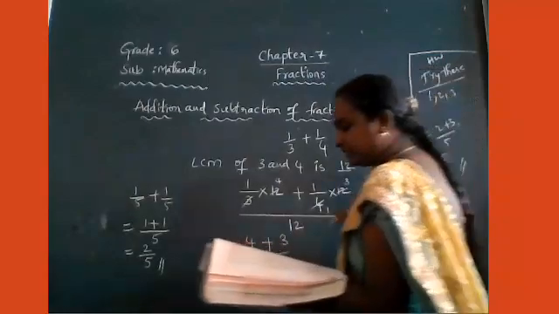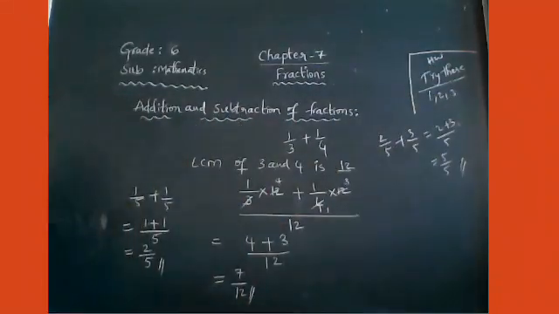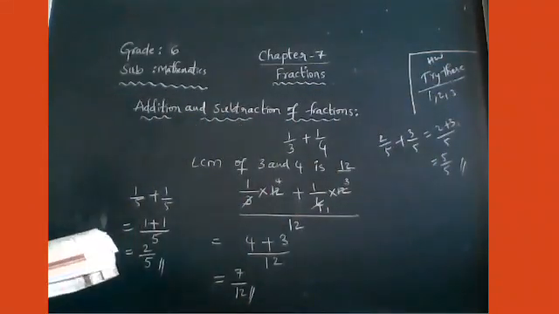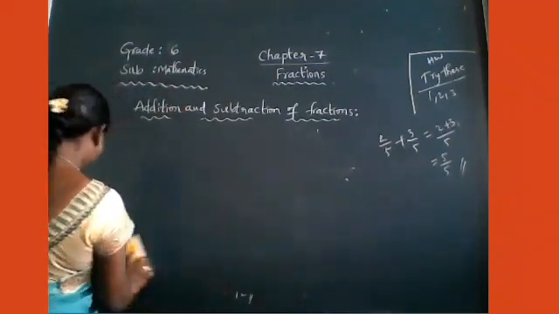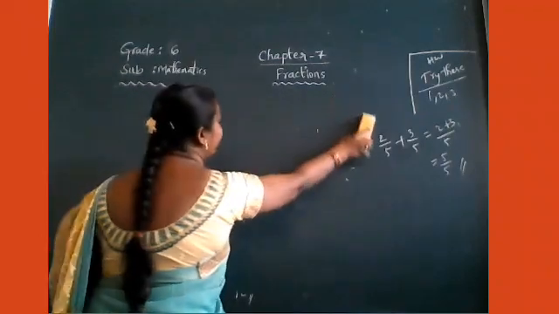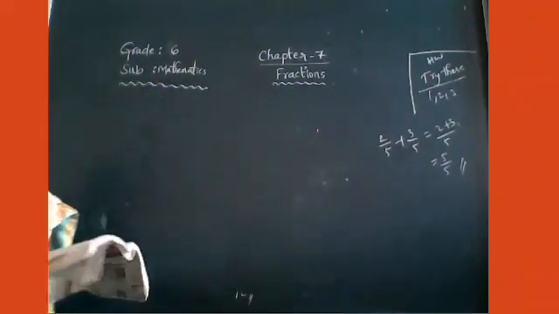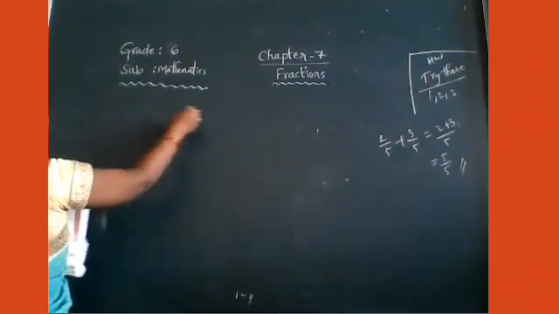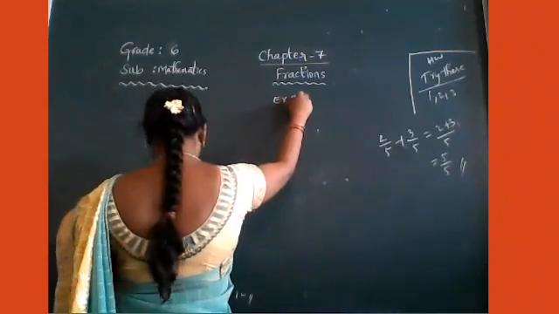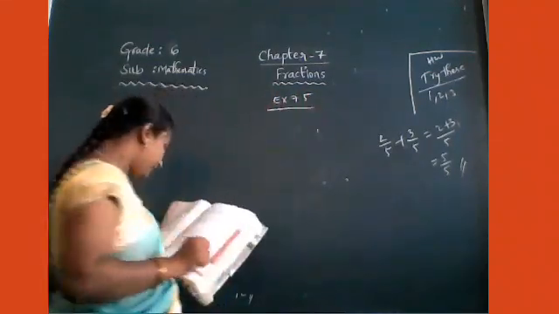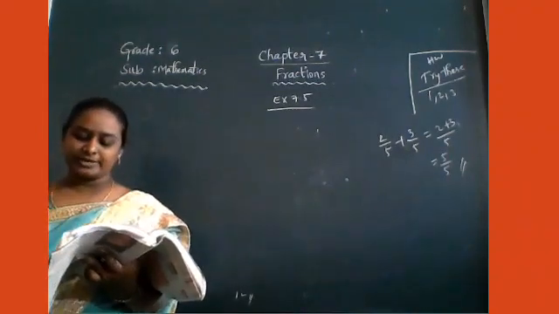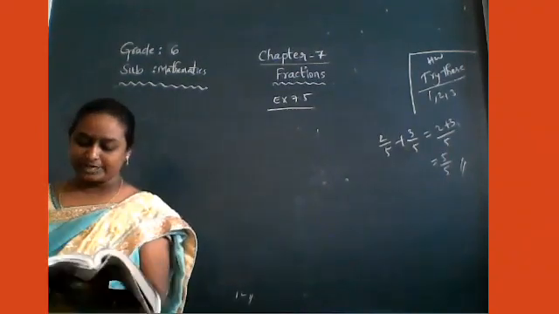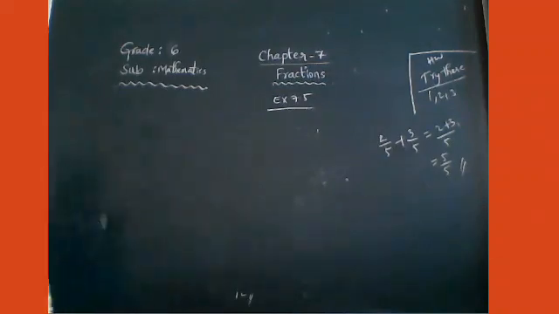Okay, right. Next, take your textbooks, keep, and take your notebooks, keep. Write the heading Exercise 7.5 in your notebook. So first one, Exercise 7.5. Write these fractions appropriately as additions or subtractions.